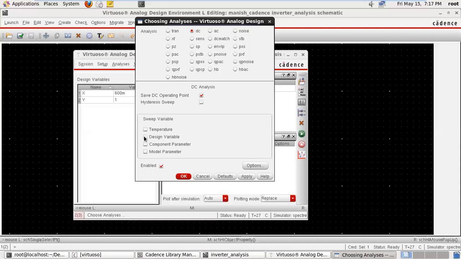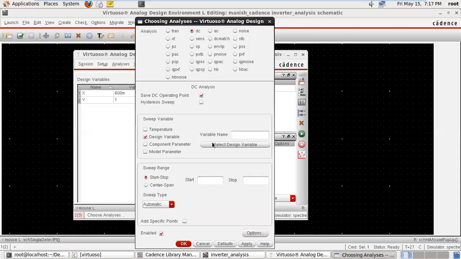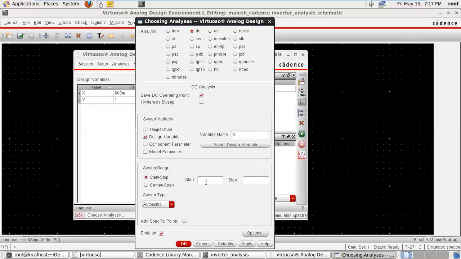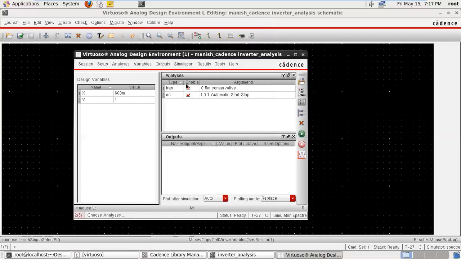So select the design variable, because x and y both are design variables. We have taken x as the variable, and the range of this voltage is suppose 0 to 1 volt. Okay, apply. So this is for the DC analysis.